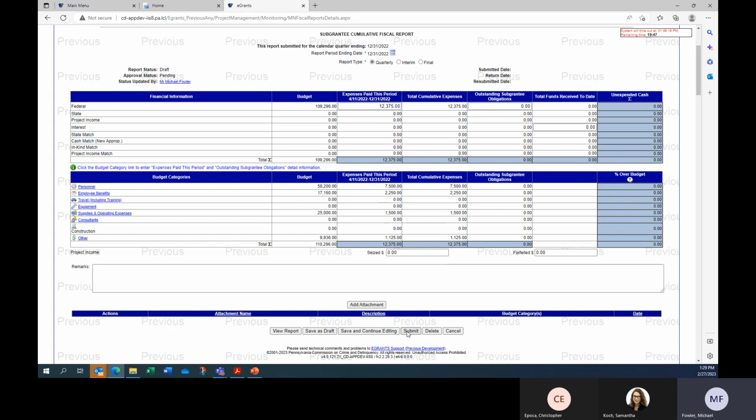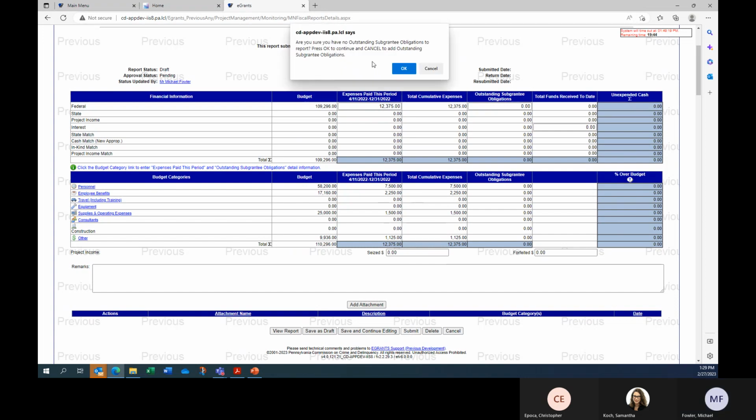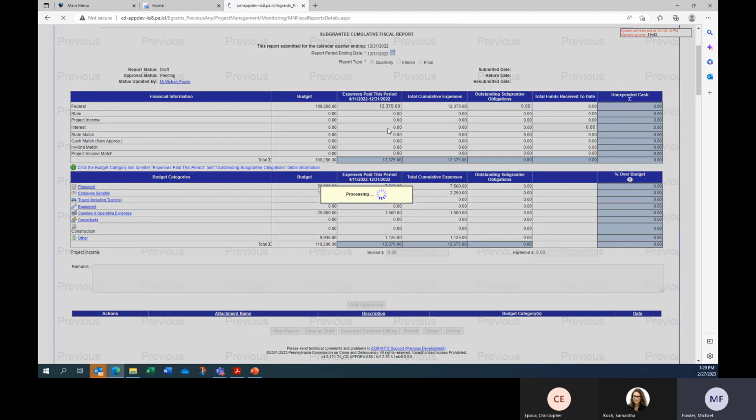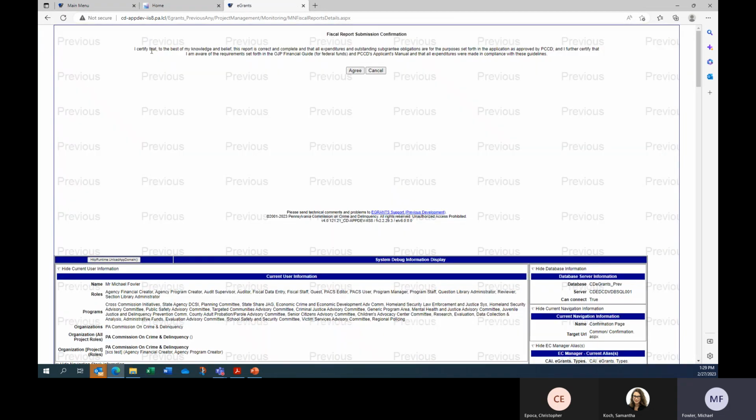And then it's going to ask us for a couple of validations after we submit it. Are you sure you have no outstanding sub-grantee obligations to report? And we're saying yes, we do not. And then, do you agree, to the best of my knowledge and belief, that this report is correct and complete? Yes, we do.